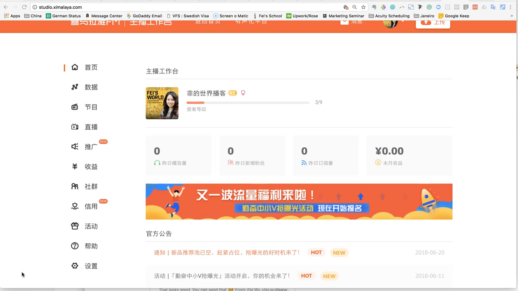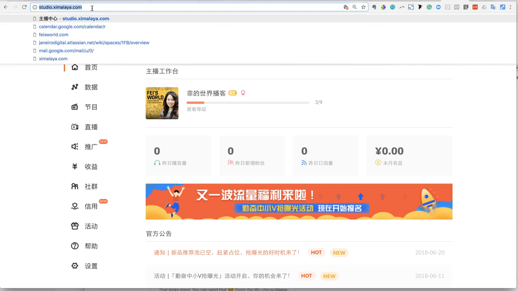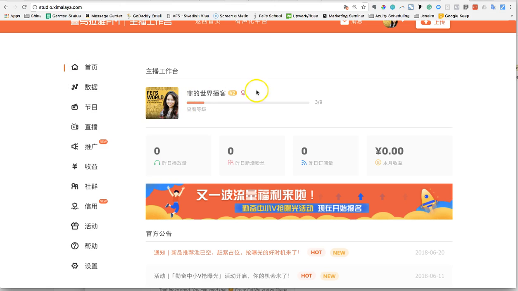So now that you have created an album, what you might want to do is to modify or change some of the settings or descriptions that you have for the album. Wherever you are in Ximalaya, go to the URL studio.ximalaya.com. Once you arrive on the page, it may seem overwhelming at first, but then again, these icons, trust me,